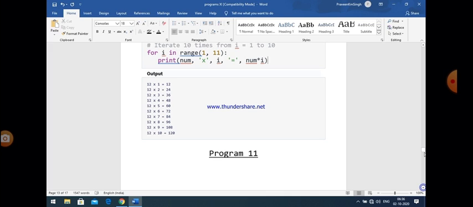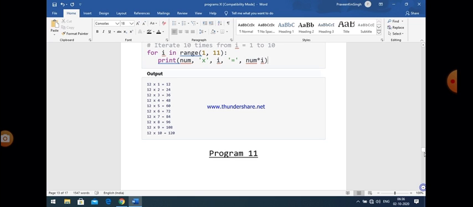Within the loop, we can easily see that the statement is print num multiplied by i. i is basically the iteration value of the loop, is equal to num into i. So the result looks like this: num into 1. Suppose num is equal to 12, then 12 into 1 is equal to 12.